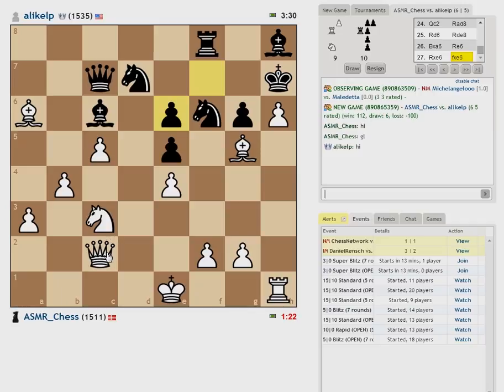What would you guys do? I think the bishop's pretty good, like that. So he has to defend that, and now these pawns can start rolling forward, perhaps, and become 3 nice new queens. That would be,